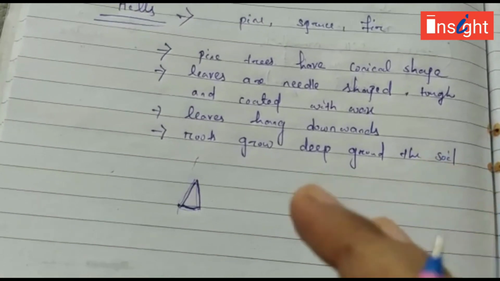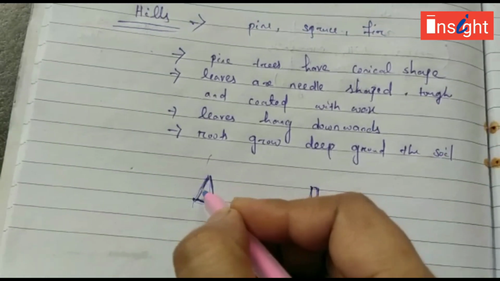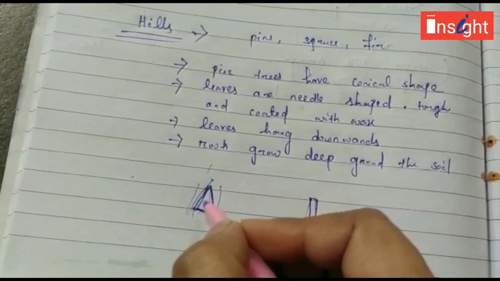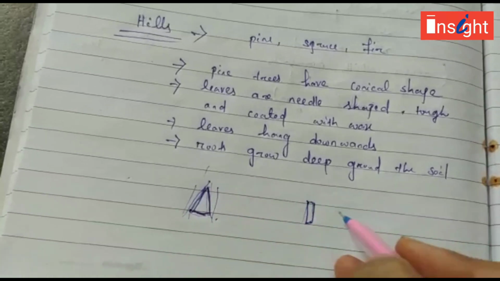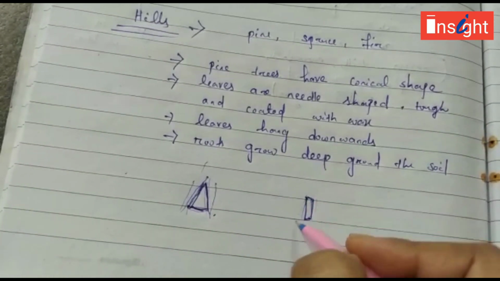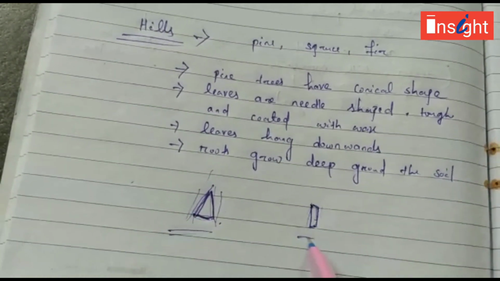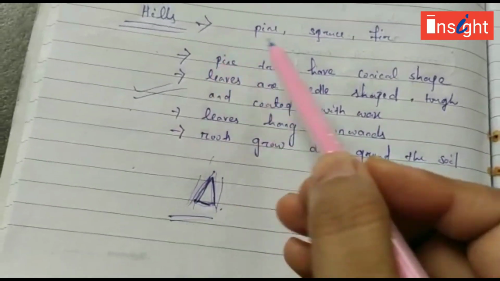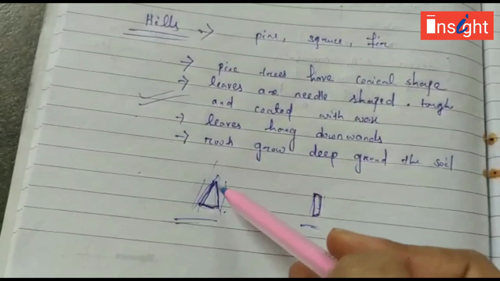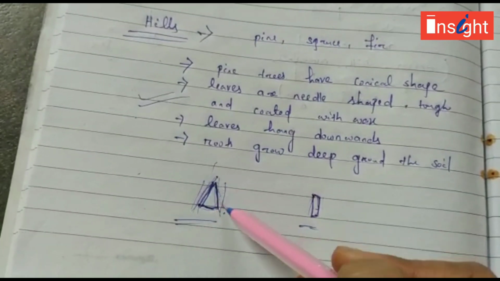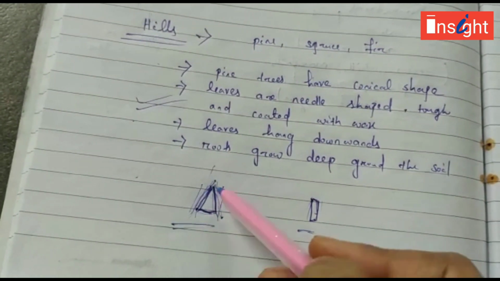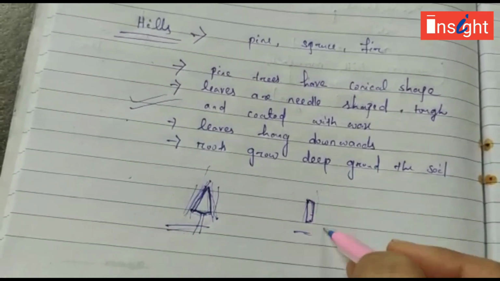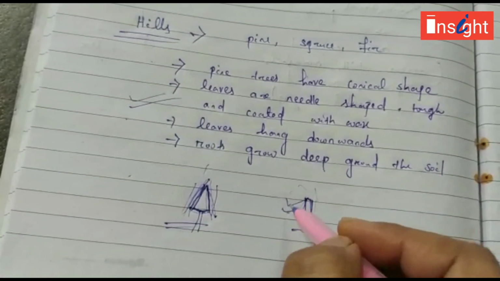sand together when you pour it on. This is because with the conical shape the sand particles easily slide down, but here it is not able to slide down easily. A similar process is applied in the hilly areas, where the trees are conical in shape so that water or snow easily slides down, and the trees or the leaves will not get any damage. But if they were not conical, then the trees would get damaged.